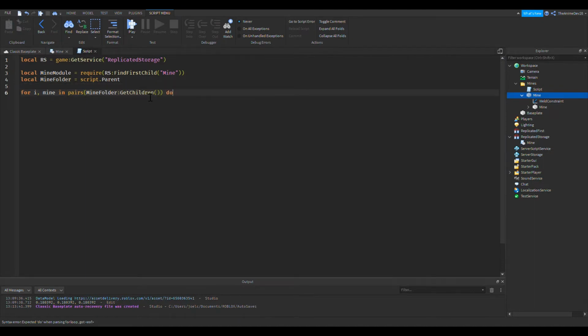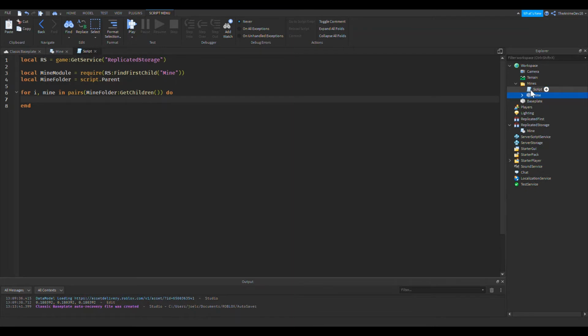Get children, do. So this will loop through all the children in the folder, and I just want to make sure I'm getting the parts. I do not want to get the script. The script is not a mine. So to avoid getting the script, I'm going to say if not mine is a script. So I'm just saying basically here, if the object that I'm on is not a script, then